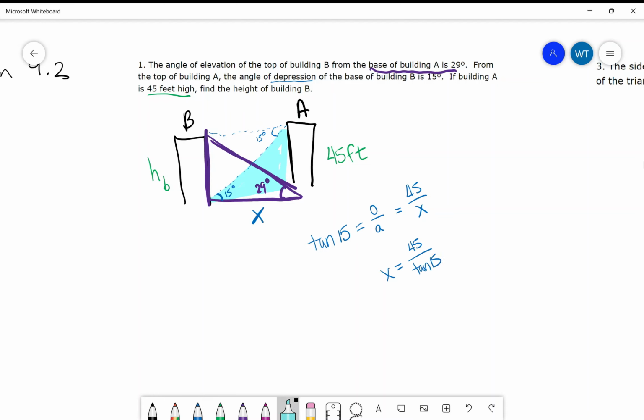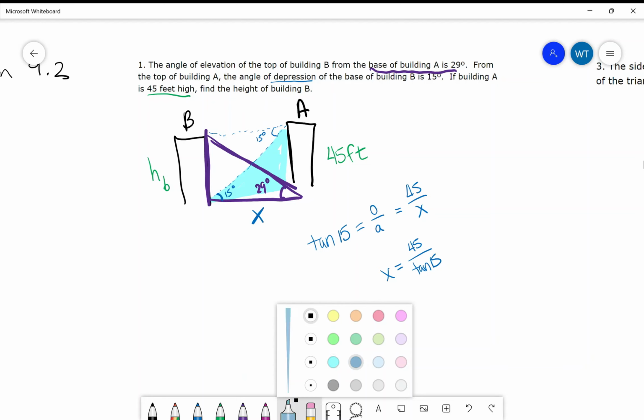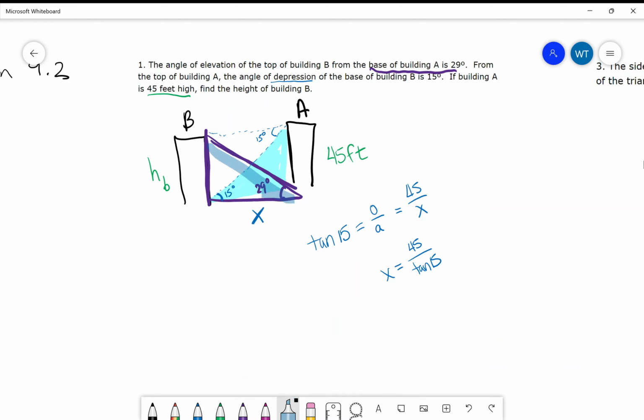Okay, now I'm going to move on to the next portion, which is going to be this purple triangle. And with that, we know tan 29